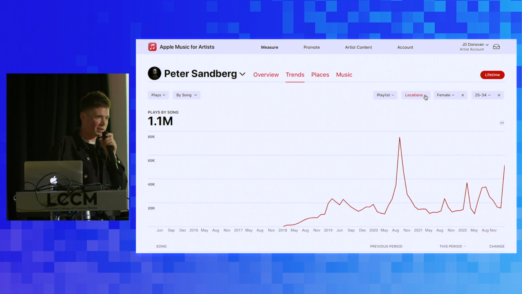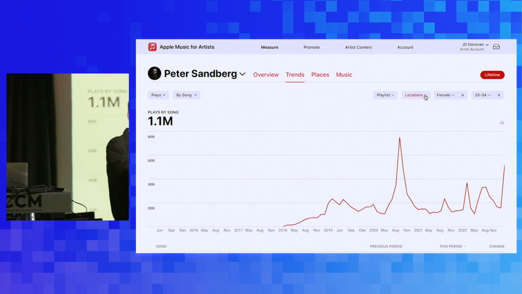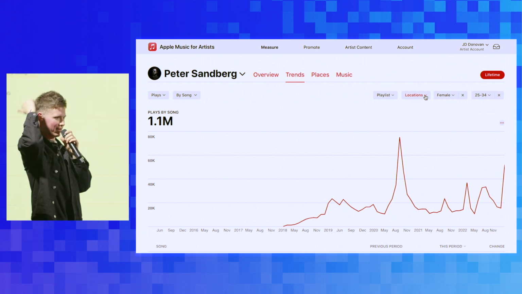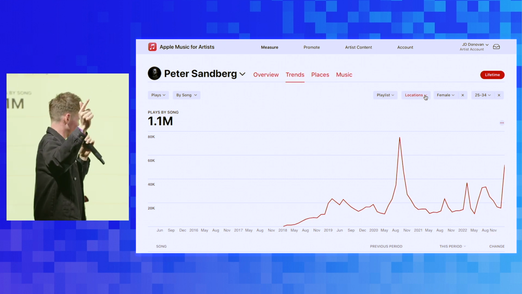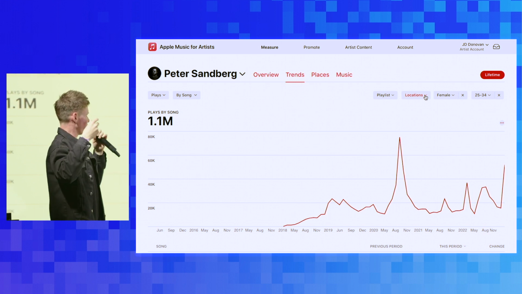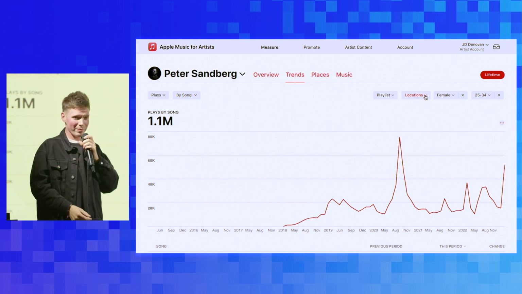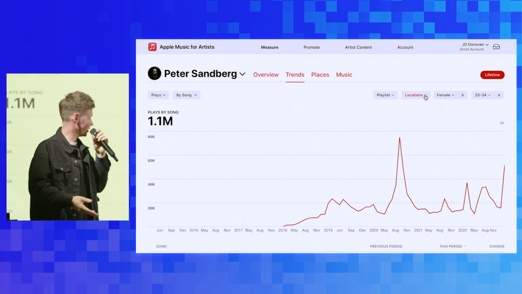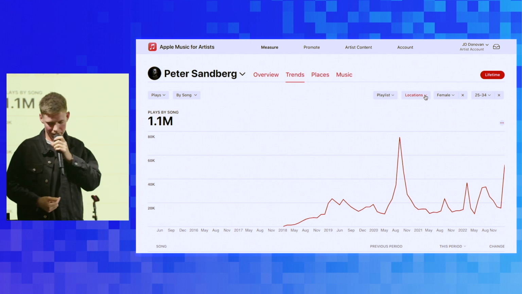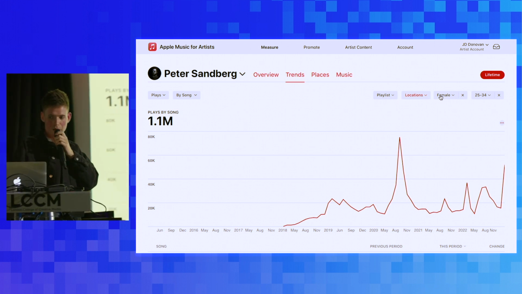So when we're putting a marketing campaign together, you've got to think of where you're targeting your marketing. You've got to think demographics, so age, geographic location, and then further filters like gender, and what they might be doing with their time. You've got to build that persona of a fan. That really helps us target our marketing.